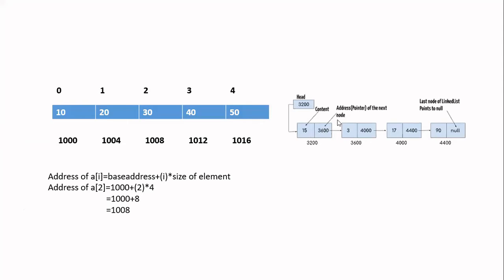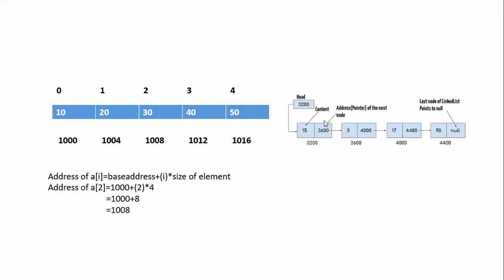In case of linked list implementation, you can just focus on the diagram. I have 4 different nodes here. First node has value 15, second node is 3, third node is 17, and the last node is 19. The first node is stored at memory address 3200. This address, the first address of the first element, will be stored in the head pointer. Head is going to point to the address of the first element in your linked list. Since it is 3200, I am storing that value in the head pointer.